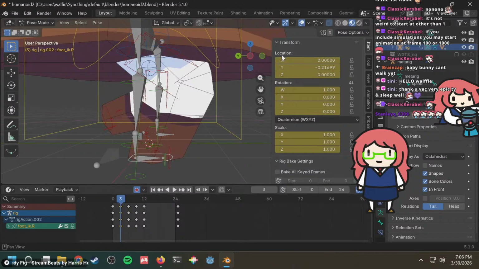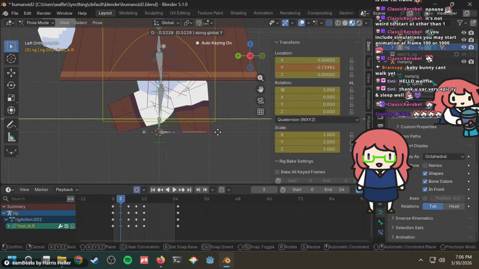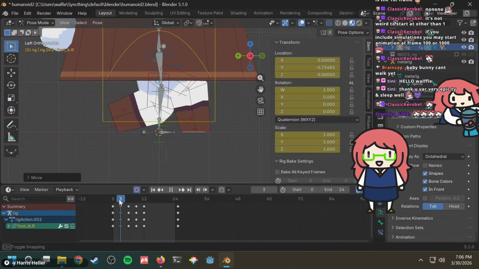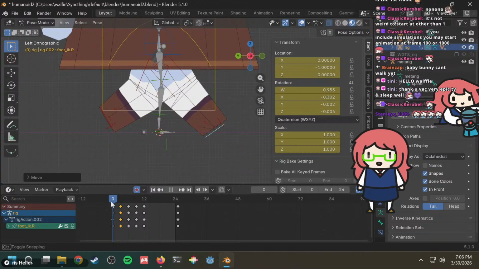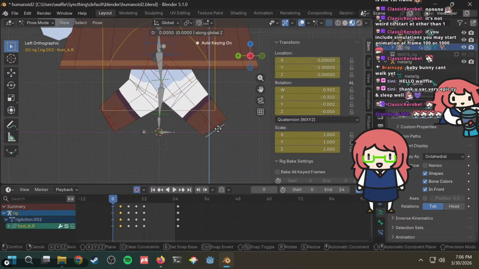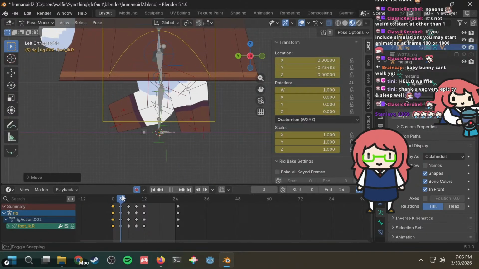Okay, oops. Alright, then you move it along this axis. And it automatically creates the keyframe. No, I feel like this one also needs to be up slightly. Okay, then you have this step.